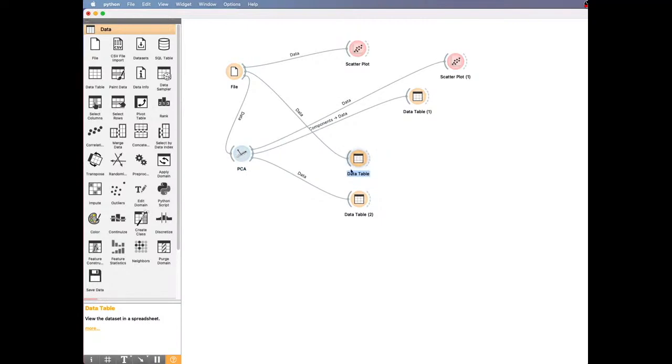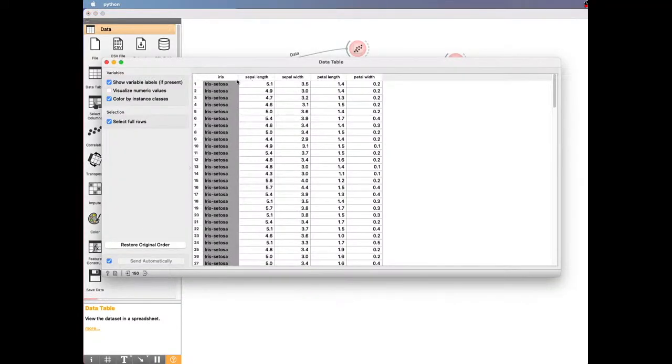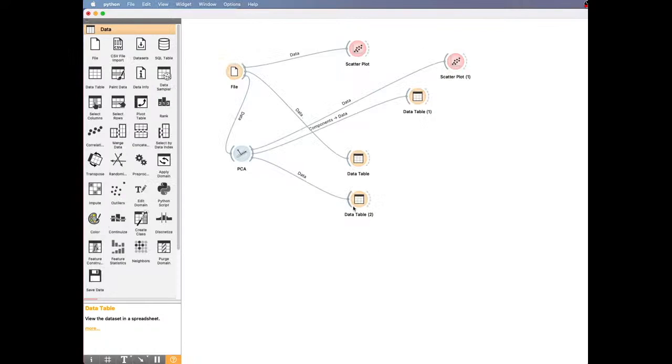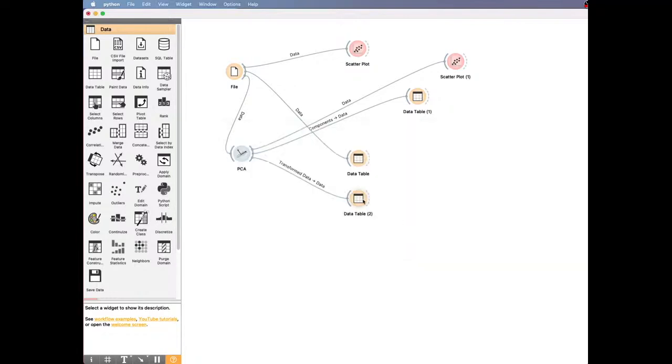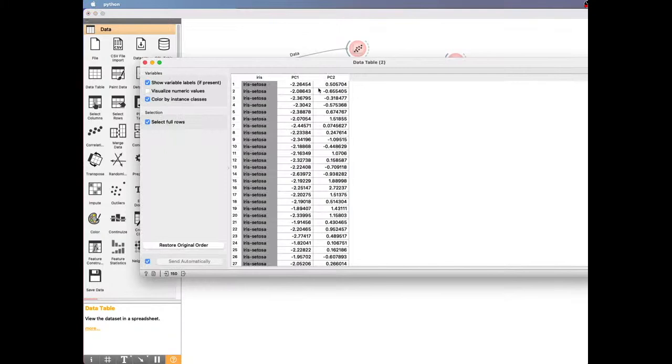The upper data table contains the original data in the original space, so we have 4 dimensions. And we select the transform data right here. So the bottom data table only contains the transform data, which has only 2